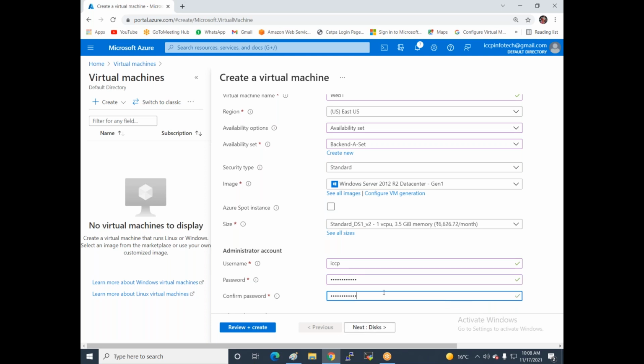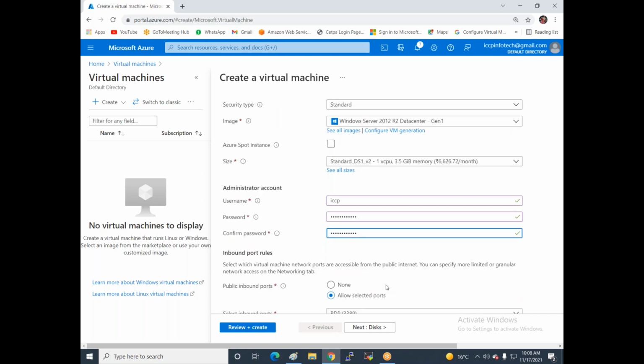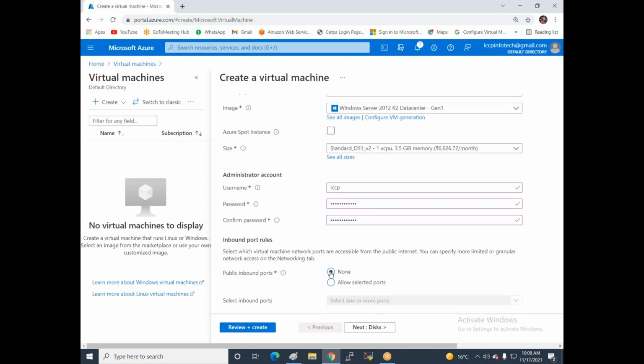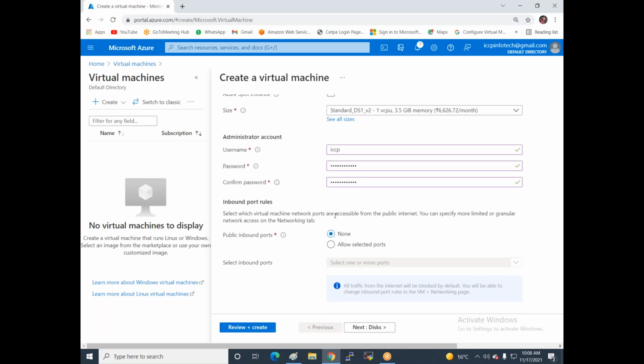Now we don't allow any protocols because I've already attached the network security group with the subnet. If you have not attached the network security group with the subnet, then you allow the protocols.